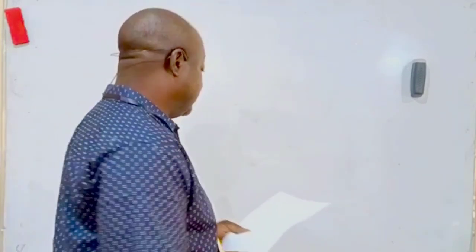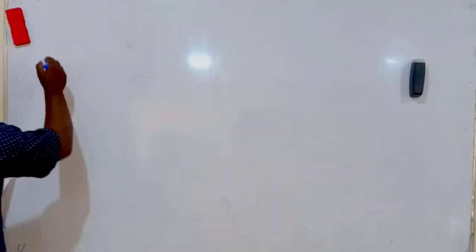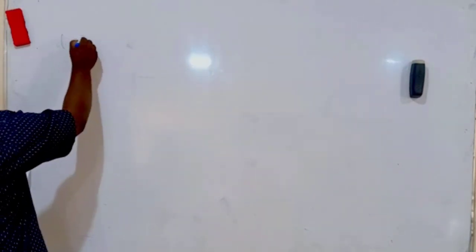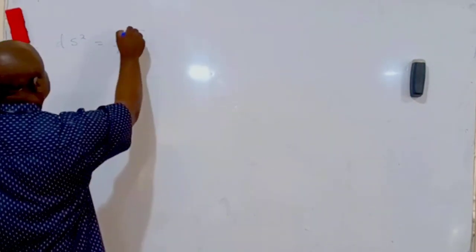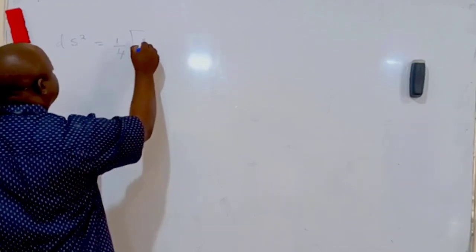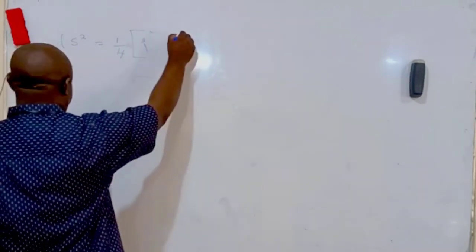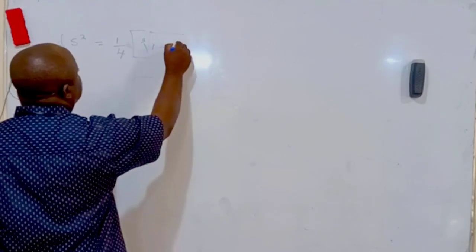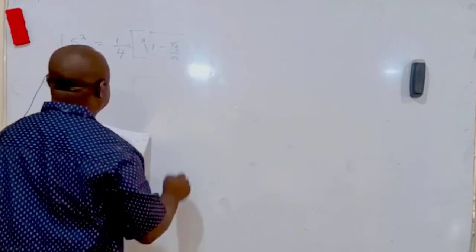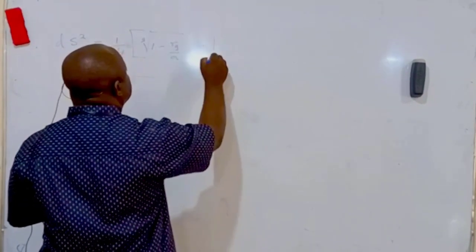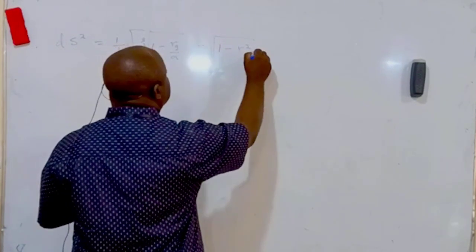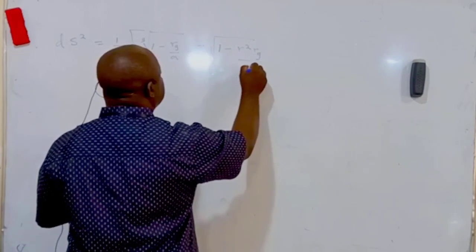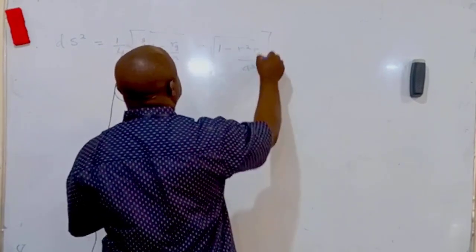So the line element in that case is of the form ds squared equal to 1 over 4 into, this is a cube root, cube root of 1 minus rg over a, minus the square root of 1 minus r squared rg over a cube, all of that squared,